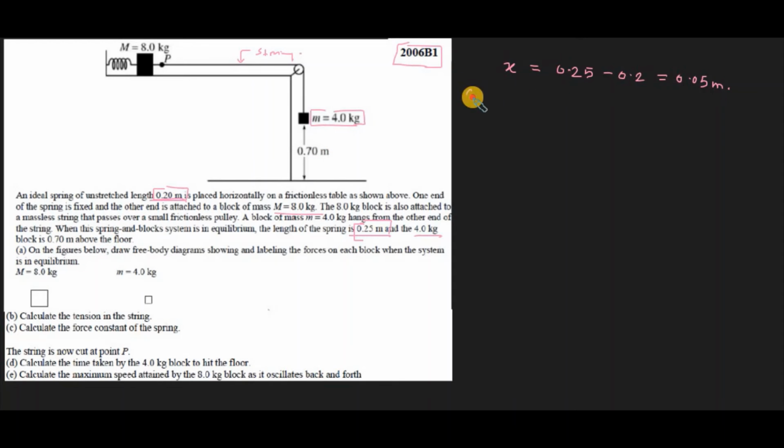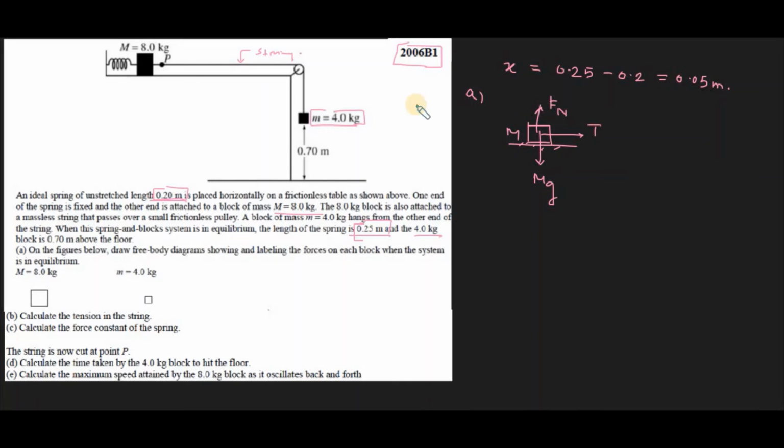So in the first one, A, on the figure below, draw the free body diagram showing and labeling the forces on each block when the system is in equilibrium. So first the 8 kg block. For the 8 kg block, the gravitational force it exerts in downward direction, that is mg. Since it is resting on the table, there will be the normal reaction force offered by the table on the object, Fn, and on the right side it is connected with the string, so there will be a tension,